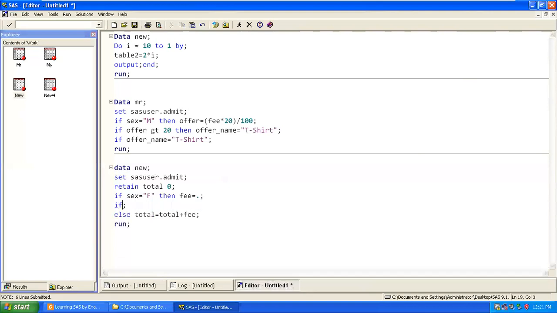The same condition query will work. Wait. So we'll use this keyword, if missing fee.